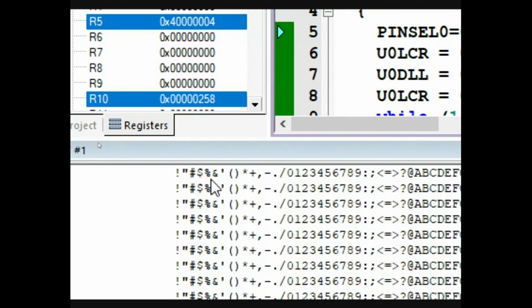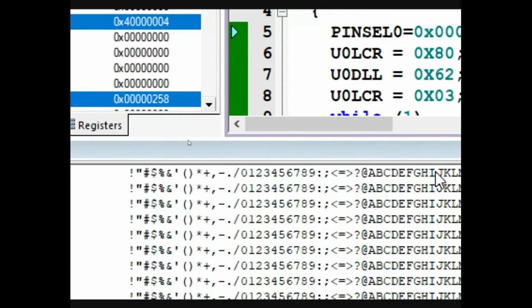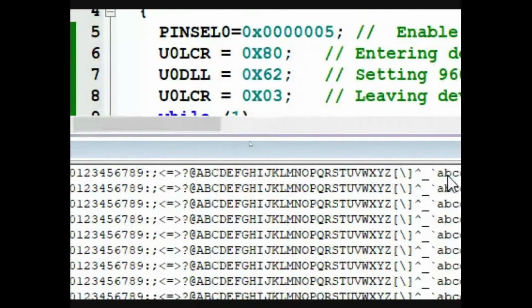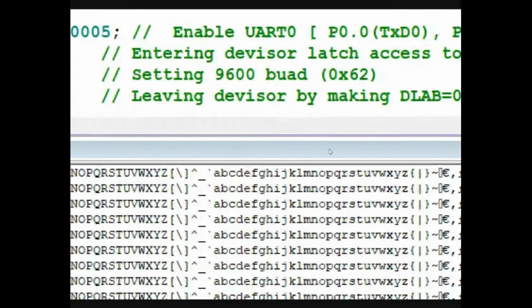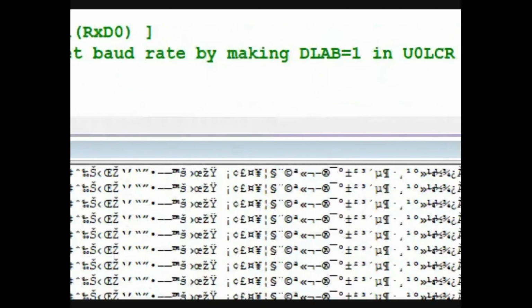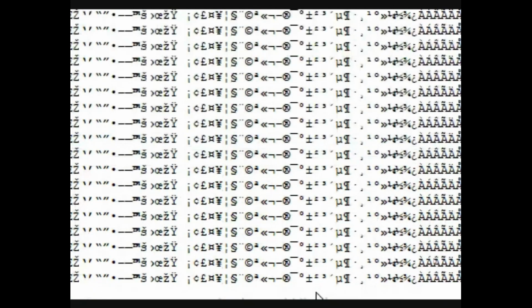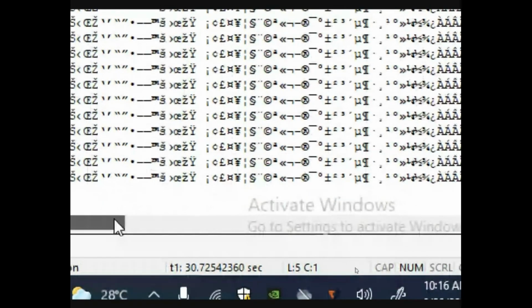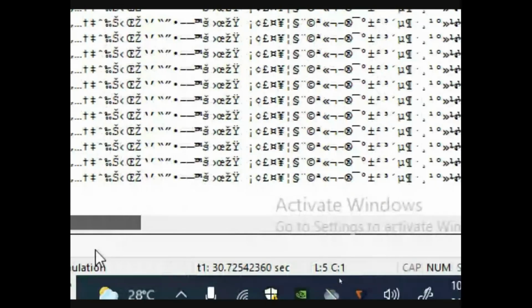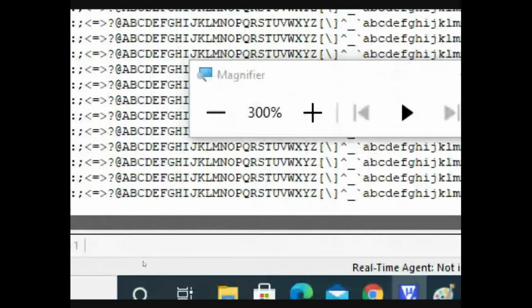Starting from the exclamation mark, you can see the numbers, then again special symbols, then uppercase letters from 41, then lowercase letters, then again special symbols, then all the other signals. It goes on and on. All the ASCII characters are getting displayed here. Hope you are able to see this.